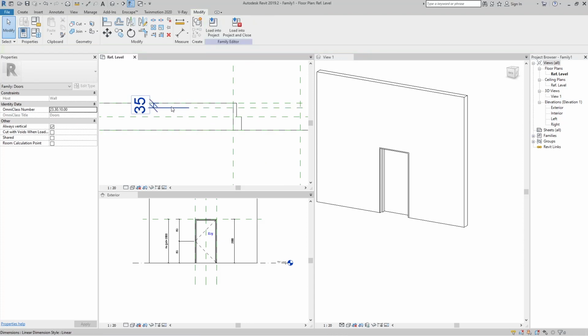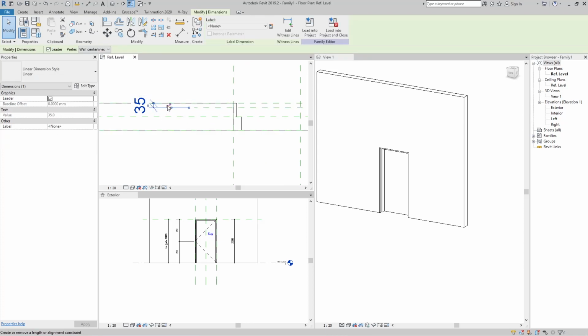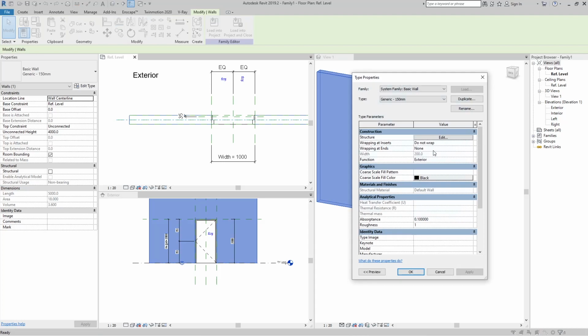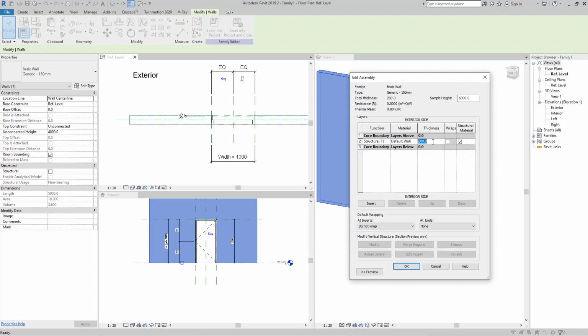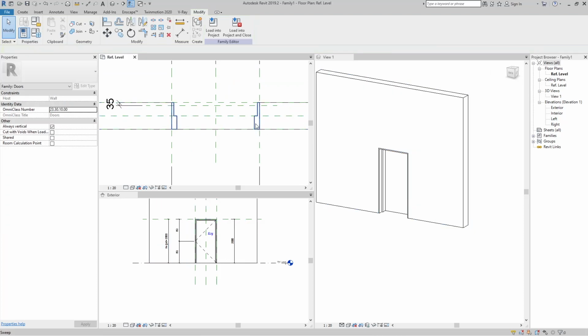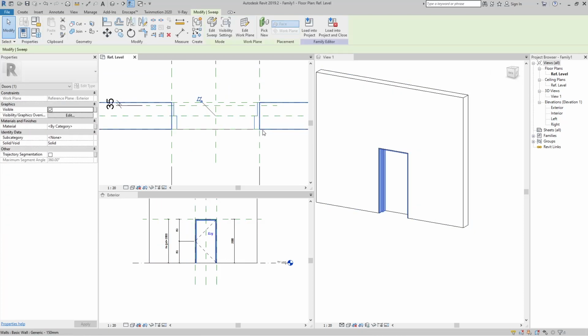And then click to this dimension and lock that. Now you can see if I again go here and set to 300, our reference plane follows that. Then go again to this frame,